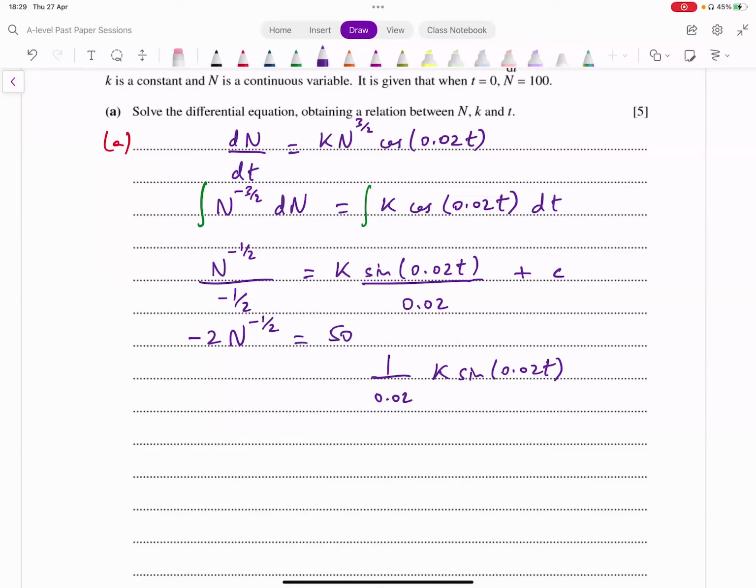Or yeah, 50 आपको मिलेगा. Let me try that. 1 divided by 0.02. That is giving me 50. Yeah. 50 आ गया. So 0.02 यहाँ से डिनोमिनेटर से खत्म हुआ. ऊपर आपके पास क्या बचा? 50 into k into sine of